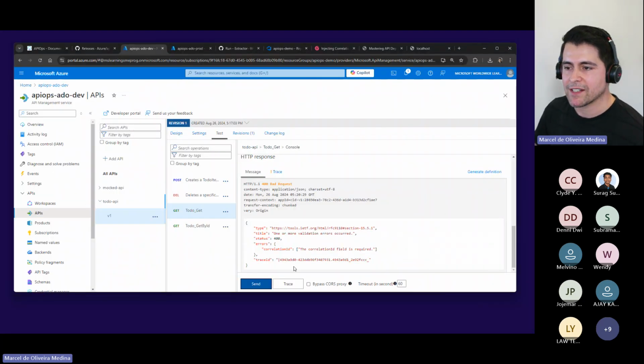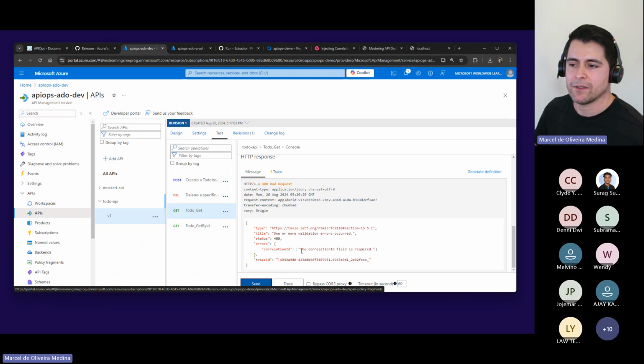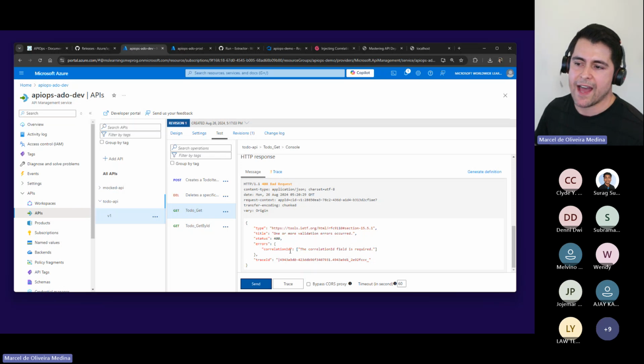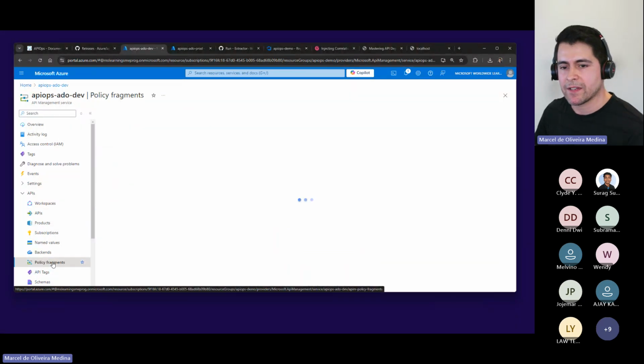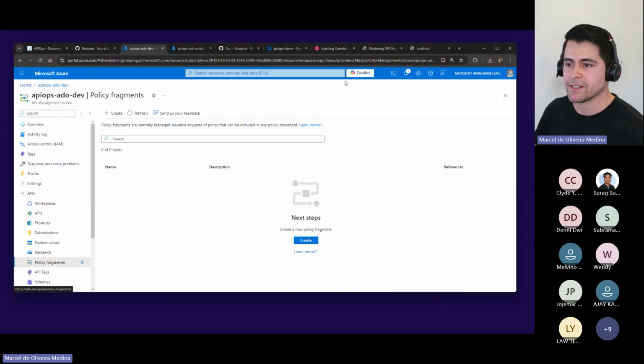So I need to provide this correlation ID. How I'm gonna do it is through a policy. The way this was created is that I need to add a correlation ID as a header. And I'm going to include this correlation ID through a policy fragment.